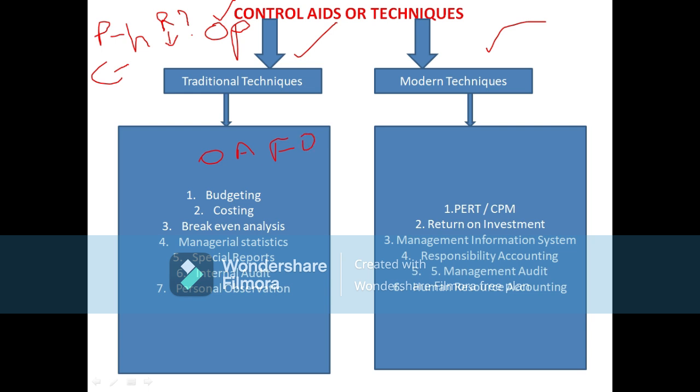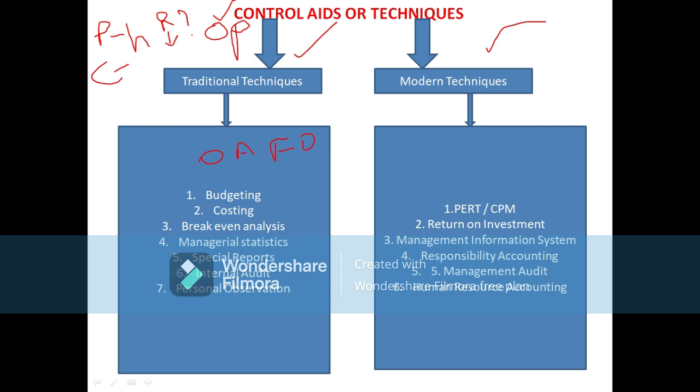A budget is a quantitative expression of a plan of action. Again, I am repeating: a budget is a quantitative expression. What does quantitative expression mean? Quantitative expression has perfect data with facts and figures. A numerical value can be attained by quantitative expression. It is mostly expressed in financial terms, though it may be expressed in non-financial terms like number of employees, units of time, etc.